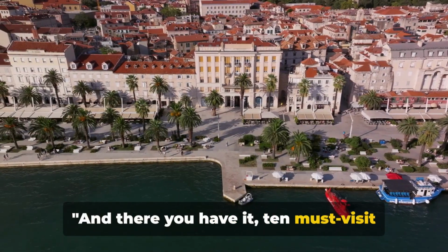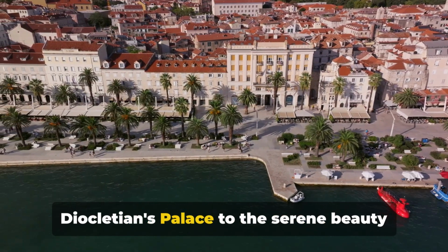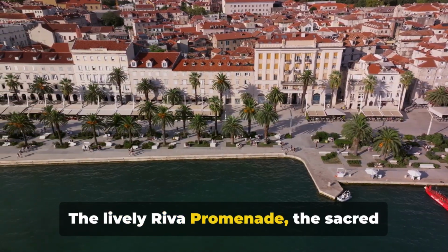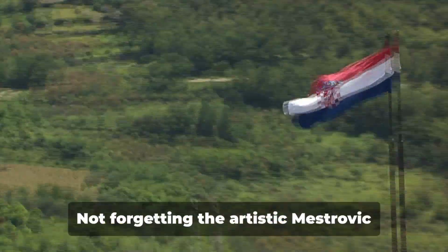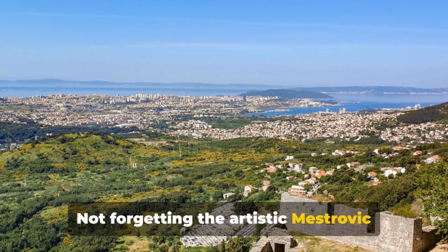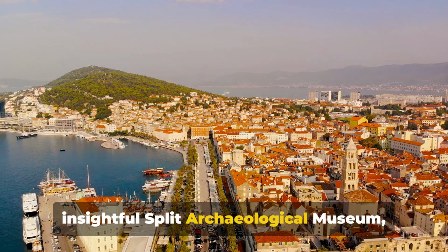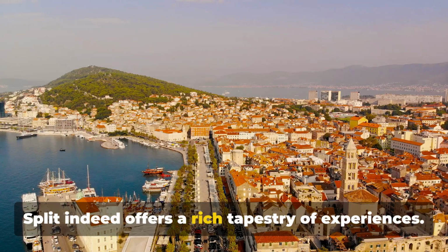And there you have it, 10 must-visit spots in Split, Croatia. From the historical grandeur of Diocletian's palace to the serene beauty of Marjan Hill, the lively Riva Promenade, the sacred Cathedral of St. Domnius, and the sun-kissed Bacvice Beach. Not forgetting the artistic Mestrovic Gallery, the vibrant People's Square, the insightful Split Archaeological Museum, and the strategic Klis Fortress. Split indeed offers a rich tapestry of